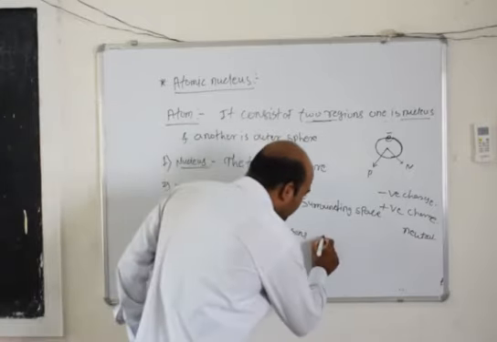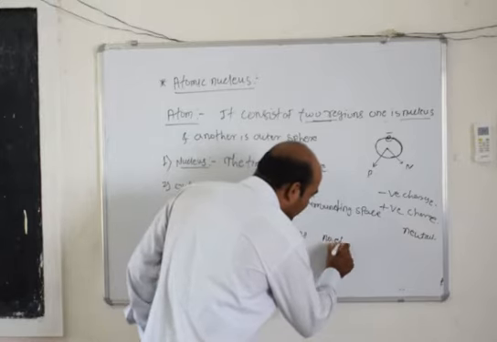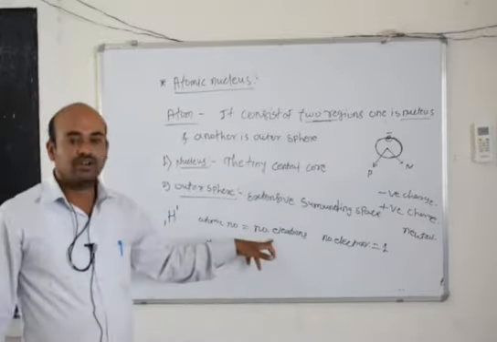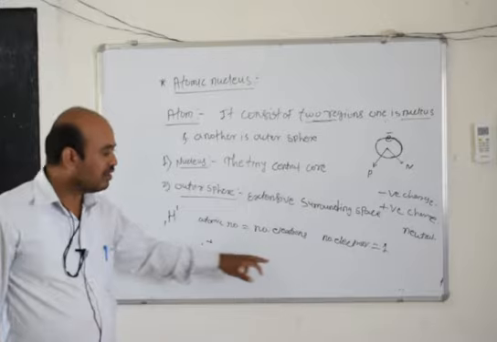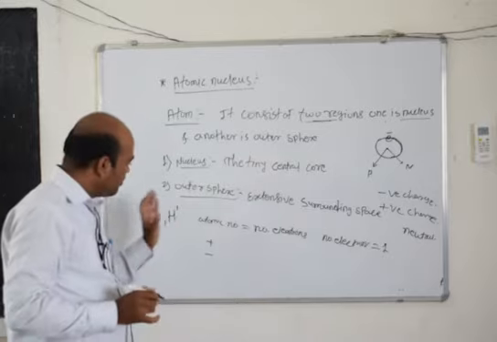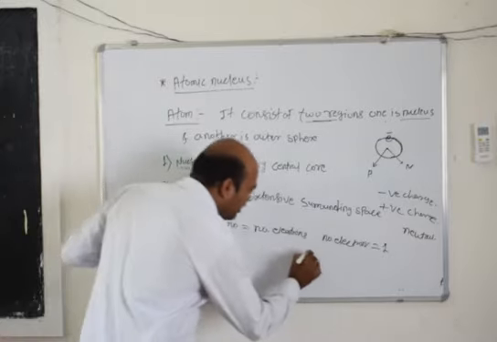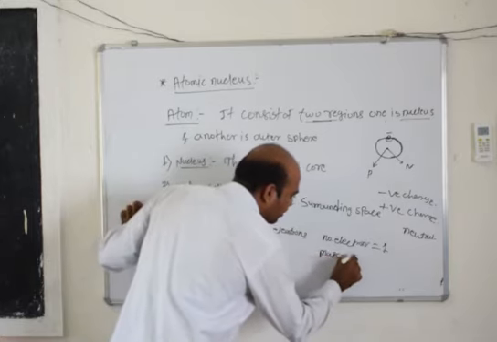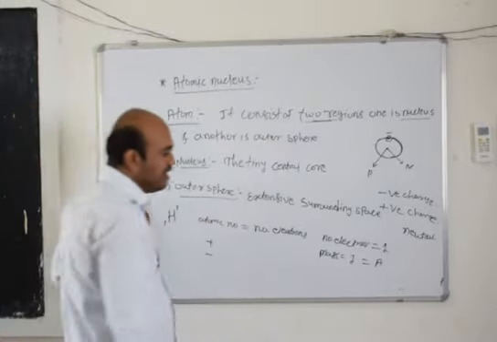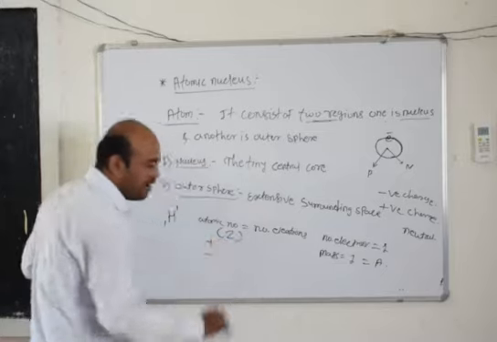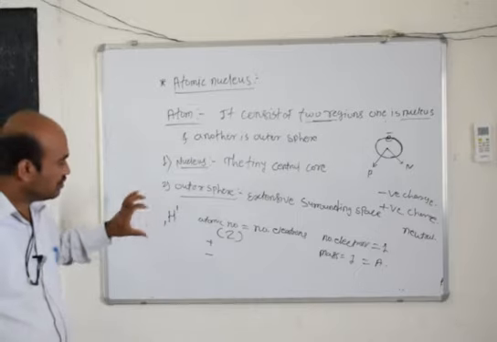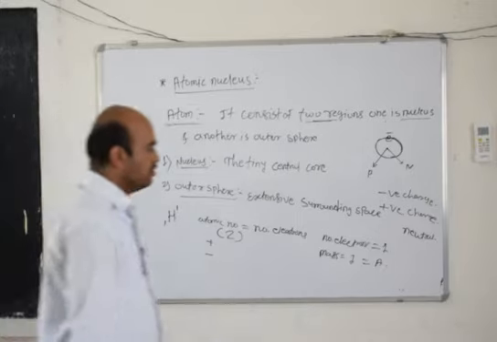Then in hydrogen the number of electrons is equal to 1 because the atomic number is equal to the number of electrons. Then the number of protons and the number of neutrons. The mass number in hydrogen is equal to 1; it is denoted by A, and the atomic number is denoted by Z. In neutral hydrogen the number of protons is equal to the number of electrons.